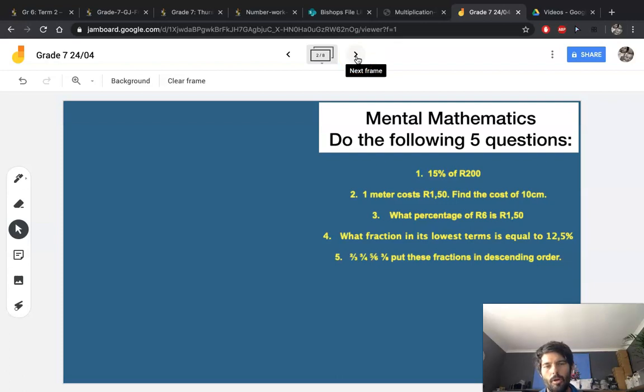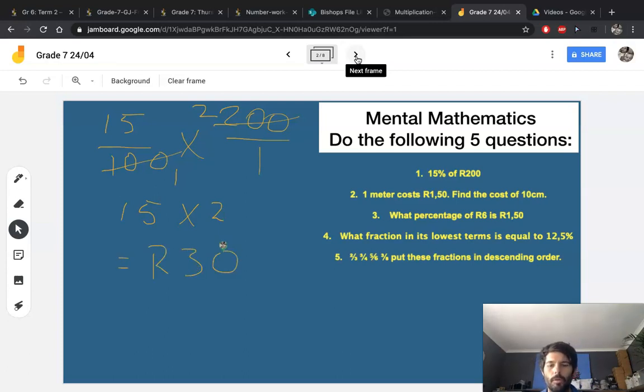Rand. So we have options here when we work this out. You can either say 15 over 100 multiplied by 200 over 1. Then we can cancel because we know 100 goes into 100 once and into 200 twice, and then we multiply the numerators. 15 multiplied by 2 is equal to 30 Rand. Okay, that's your first option. Your second option